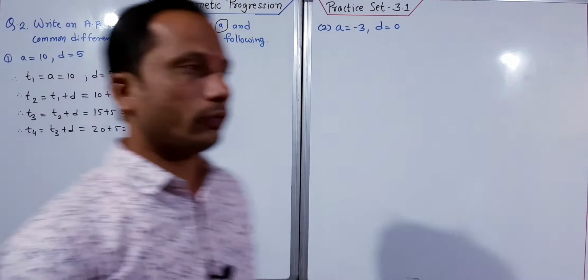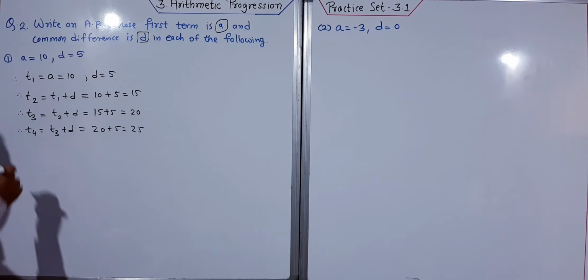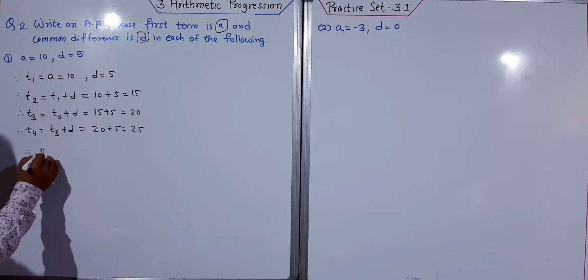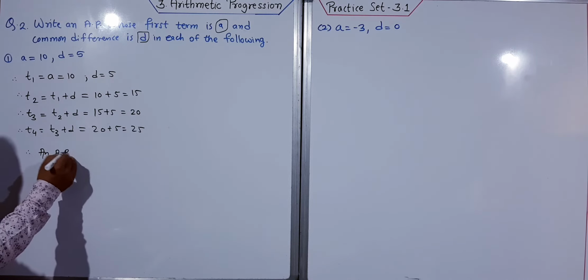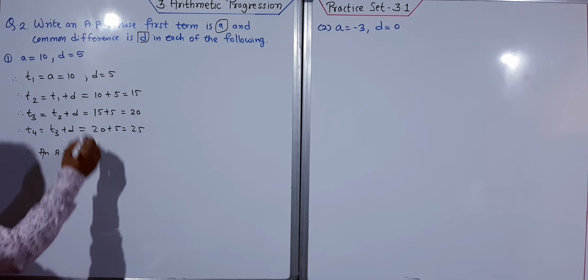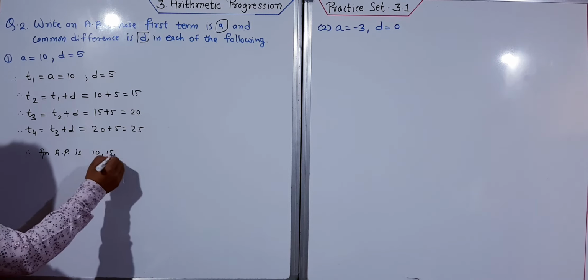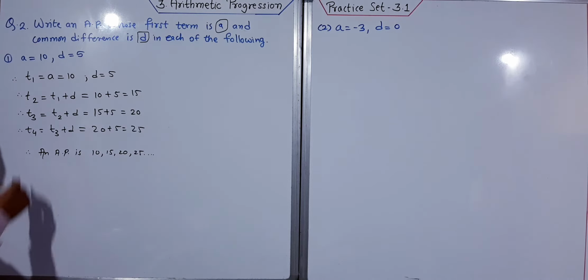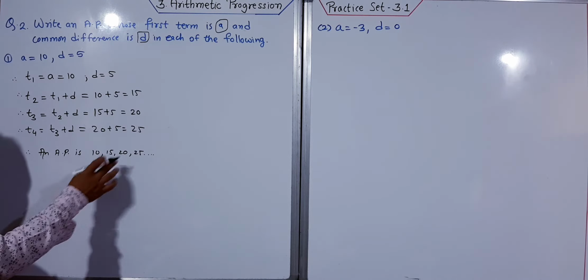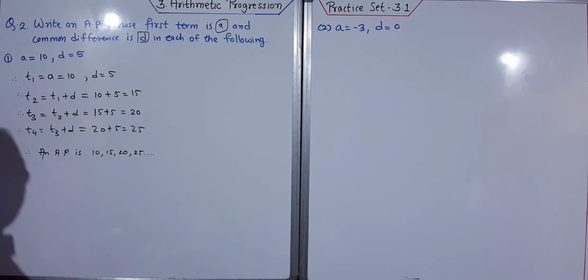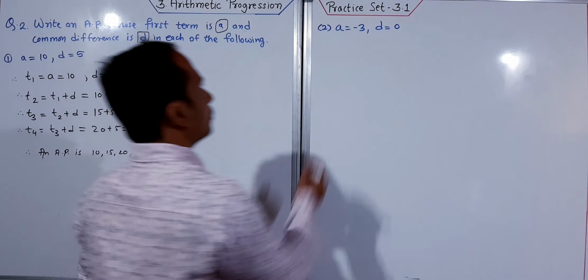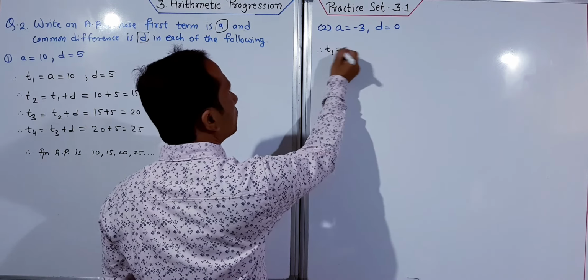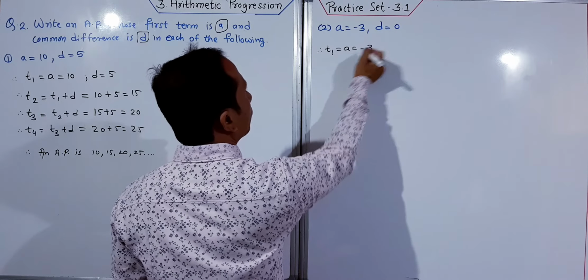So simply we write, an AP is 10, 15, 20, 25. Don't make it complicated. Or you can use the word arithmetic progression here. No problem. Now come to the second, T1 is equal to A is equal to -3, and